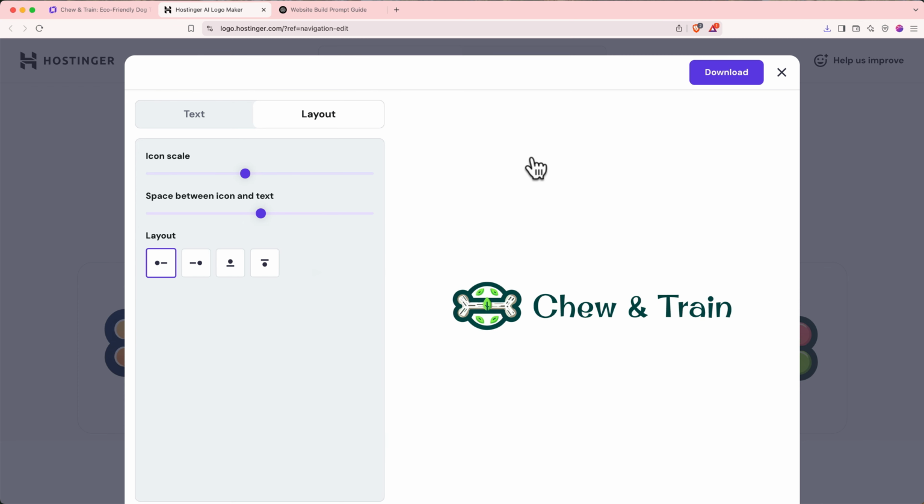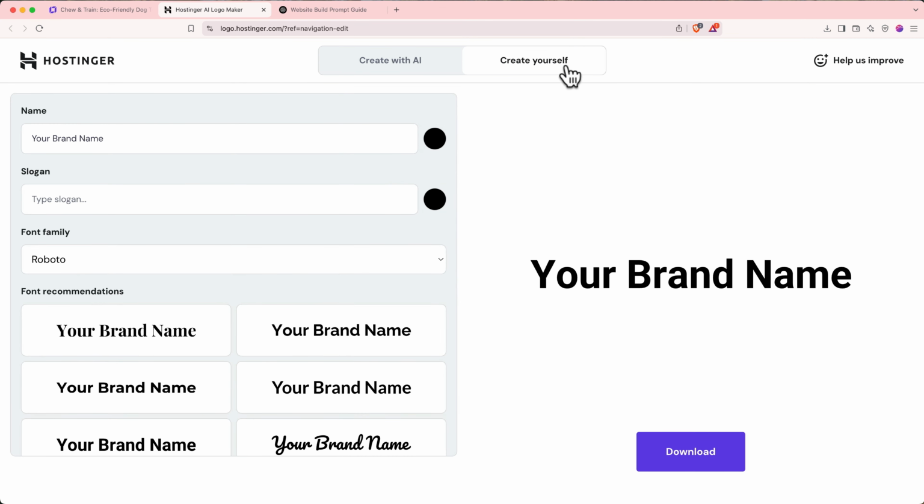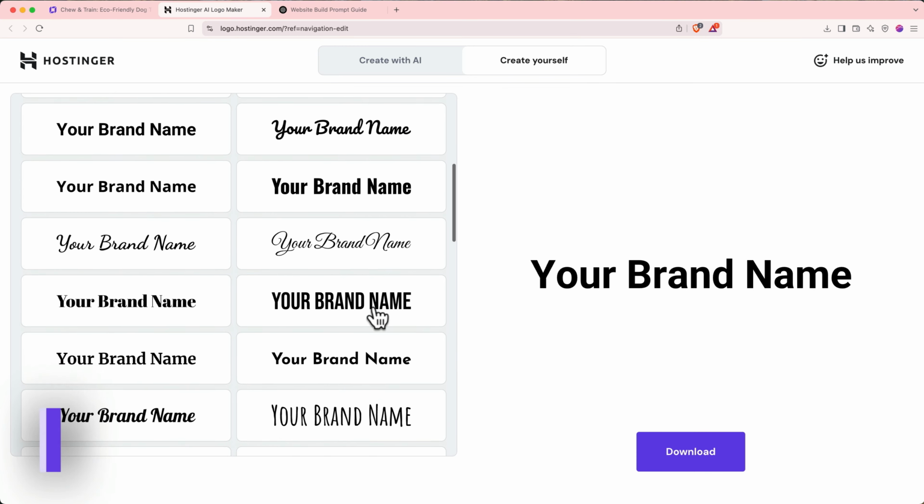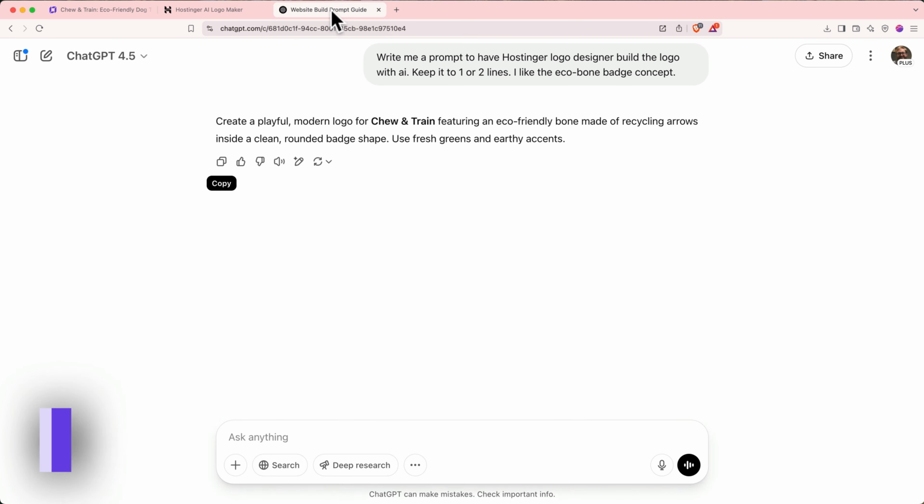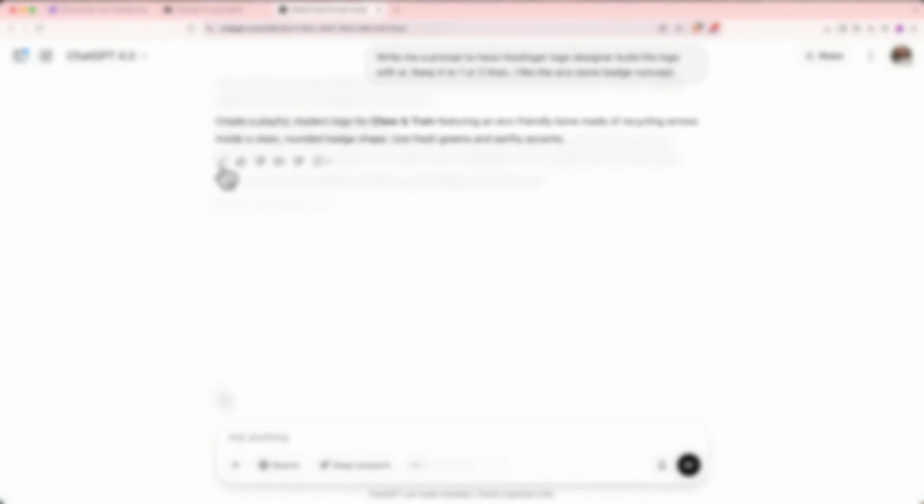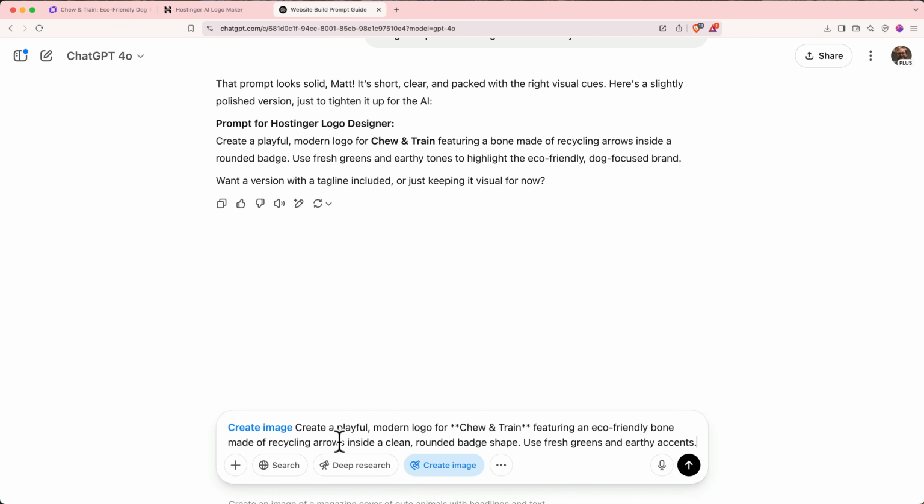And if you want more control, there's also an option to create a simple text logo. Just know it won't include an icon. If you didn't like the Hostinger logo and you don't want to buy extra credits, another way to create a logo is with ChatGPT. Just click Create Image, paste in the same image prompt with some details about the logo,